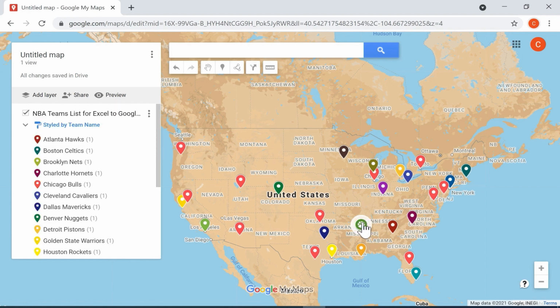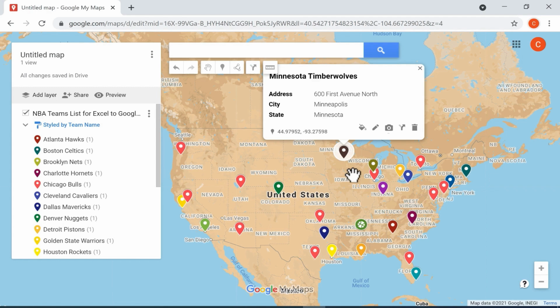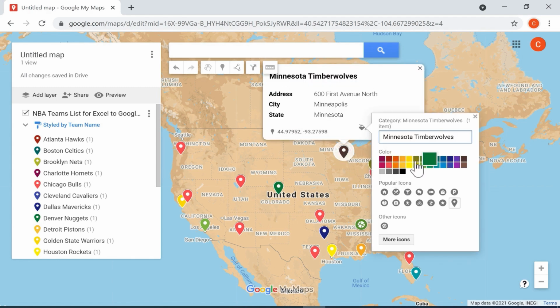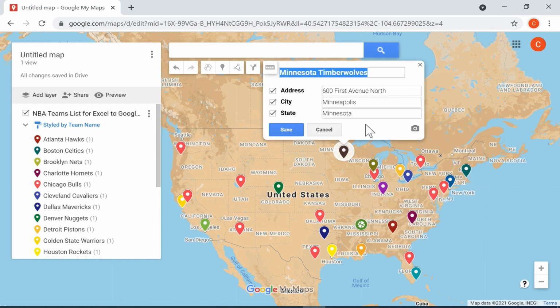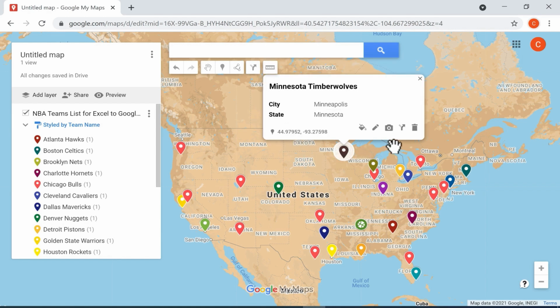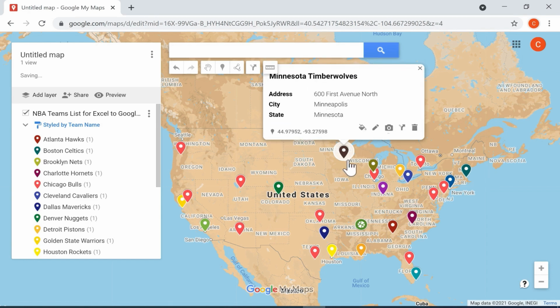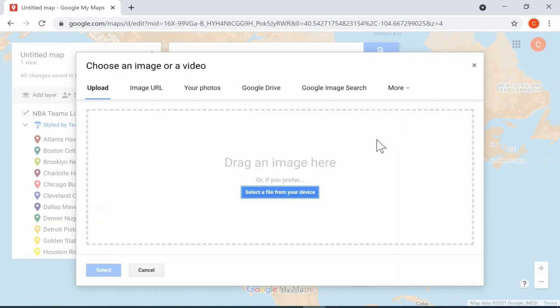I can also make that change and other changes specific to each place mark. Instead of going here to the left and clicking on the style button, I could just go directly to the place mark in question, click, and that way you can add the icons or change the color. You can even click Edit to change the data that's used for the place mark. I can uncheck Address, click Save, and now the pin location is based only on the city and state. It doesn't seem to make that much difference from this far away on the map. Notice that you can also add images or videos to the place mark, which is kind of a fun idea.